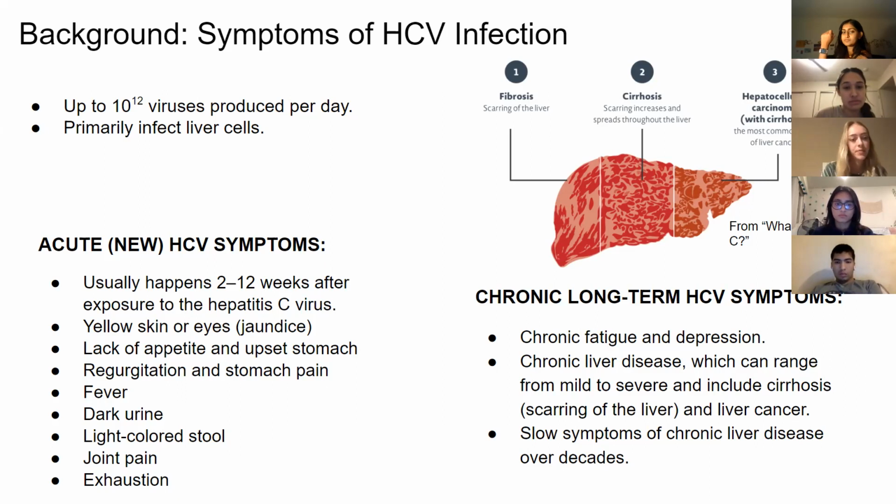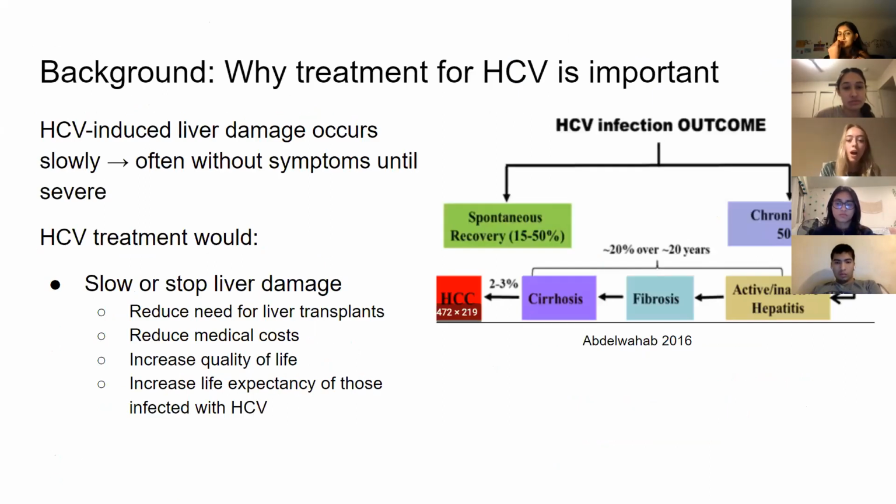Next slide. The issue with these symptoms is that they develop really slowly over a long time. So many people don't even know they have HCV for years until they end up finding out they have severe liver damage. So that's why treating HCV is important. Obviously, HCV treatment would slow or stop liver damage, which would do a lot of good things. It would reduce the need for liver transplants, reduce medical costs, increase the quality of life of patients, and increase